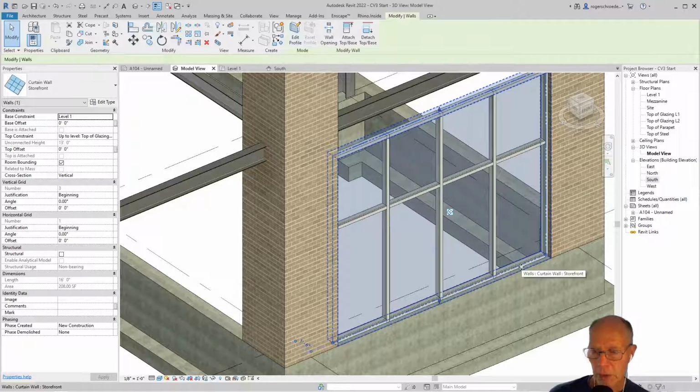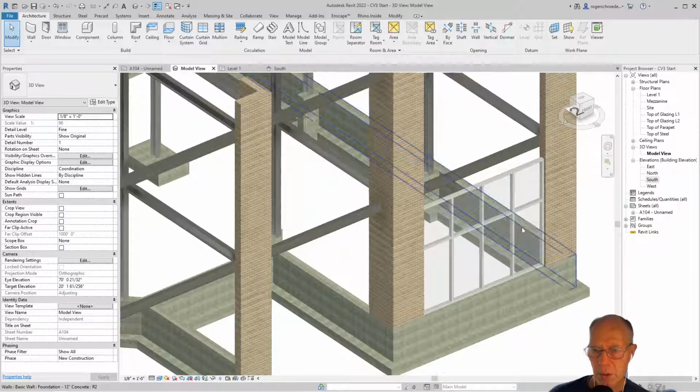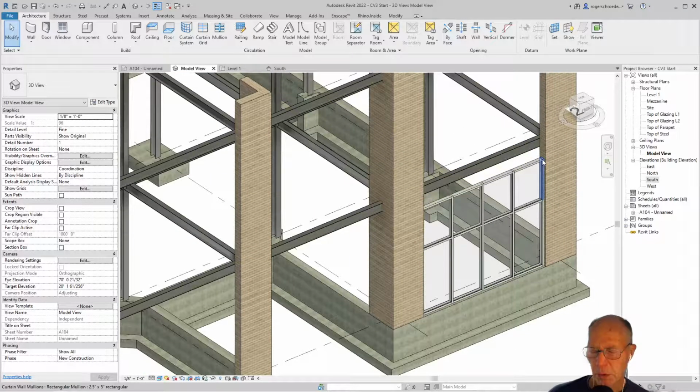But anyway, you can see now how that glazing is facing the front way. Like I said, you hit the space bar, it flips it, but that's actually the wrong way, and I'm going to space bar again and flip it back. Okay, so let's now create that spandrel. And that spandrel goes from L1, top of glazing, level 1, up to the mezzanine level, which is where we put our steel, or close to where we put our steel. So I'm going to grab a new piece of wall element,